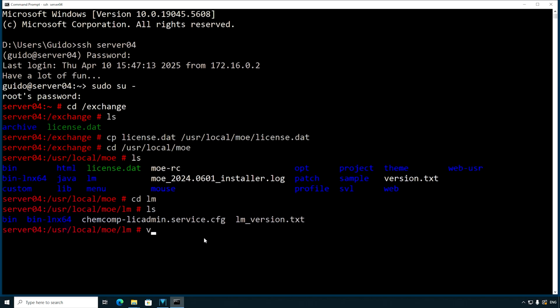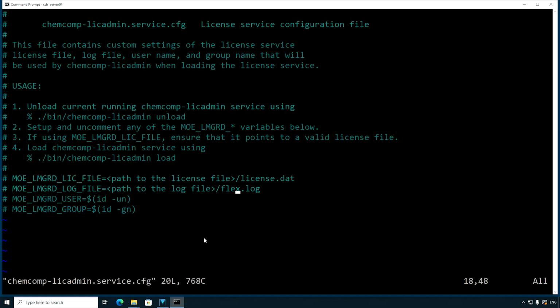So I will start vi, and in this file we have 4 constants. One is for the license file path, and we have the log file and the user and the group ID we can also specify. So I will start editing the file